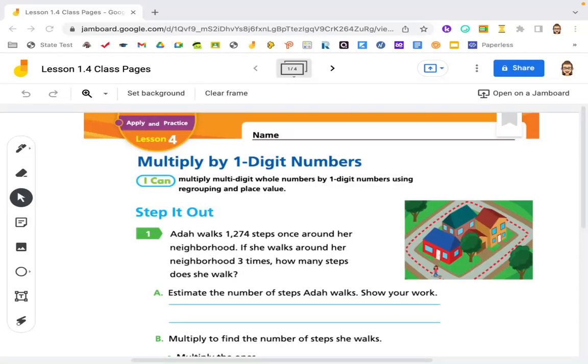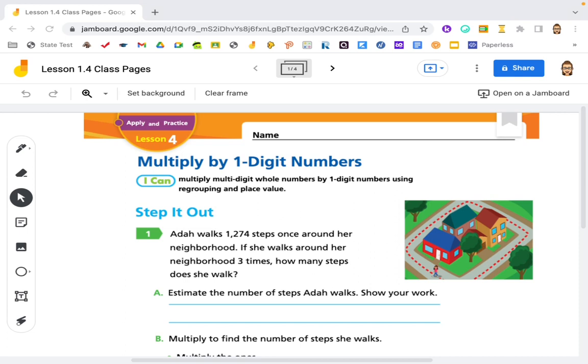Hello, my mathematicians. Today we are looking at Module 1, Lesson 4, which is all about multiplying by one-digit numbers. Hopefully by the end of this lesson, you'll be able to multiply multi-digit whole numbers by one-digit numbers using regrouping and place value. So if we look at this first problem, it says Ada walks 1,274 steps once around her